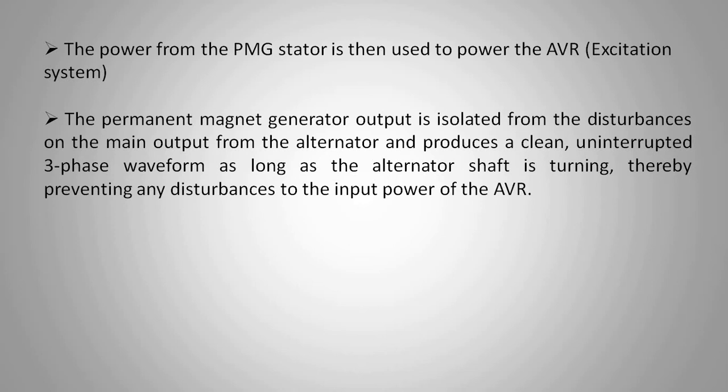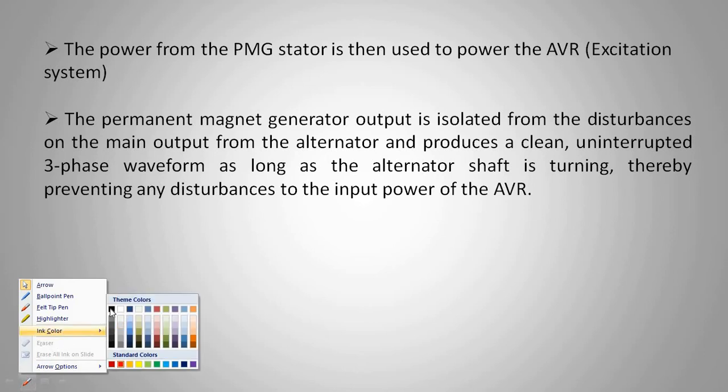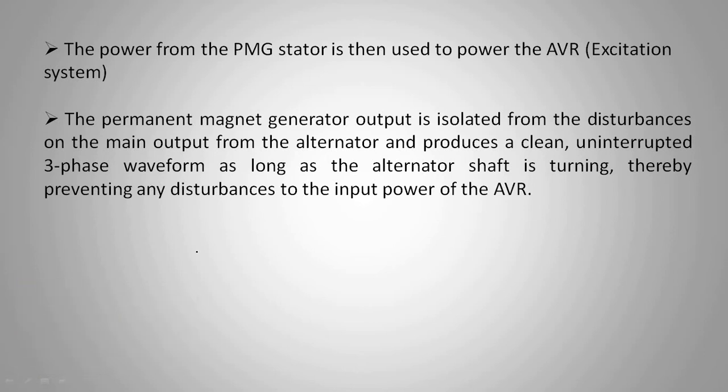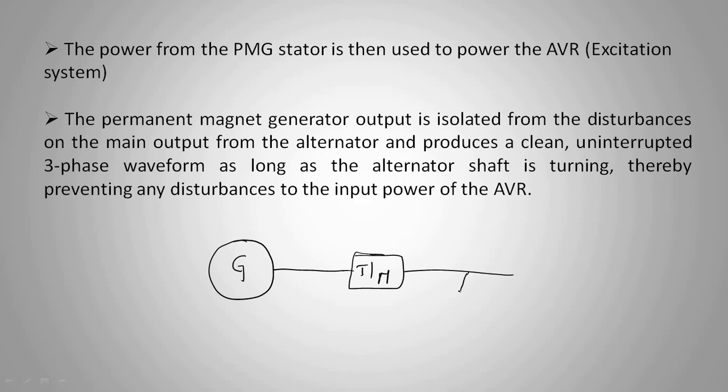That we can see here. If you see an alternator, I am not drawing the transmission and distribution network. We are taking a three-phase generator in a power generating station. It is producing power, and then we are transmitting through a transmission system and a distribution system. Suppose it is connected to a number of loads. Suppose a large motor, an inductive load, is connected.